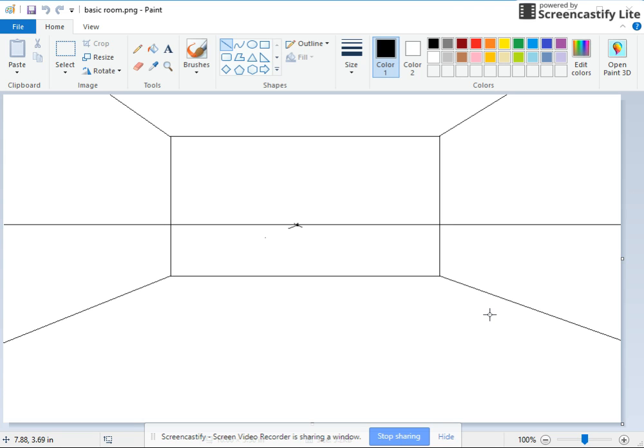Hello, now I'm going to talk to you about creating different types of walls in your basic room. So this is the room that we did where we created the back wall and the side walls go to the vanishing point. And this room is just a box. And for some of us, our rooms are just boxes, but sometimes the rooms will extend into another room or